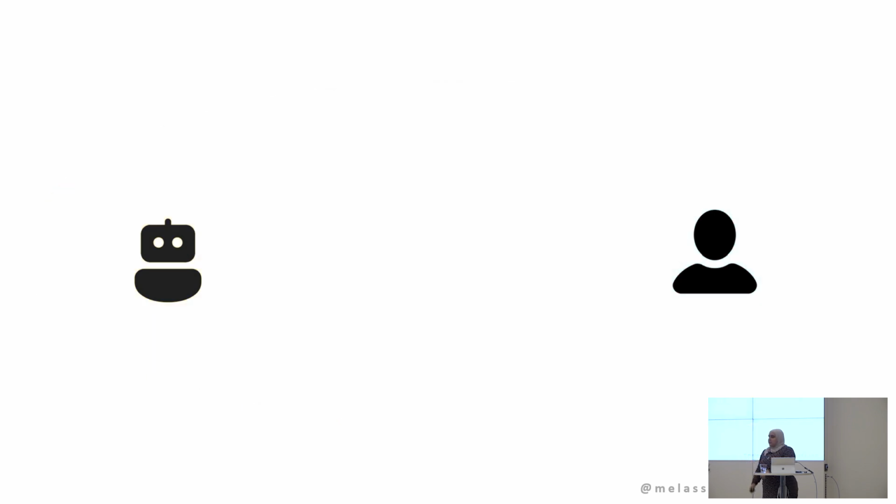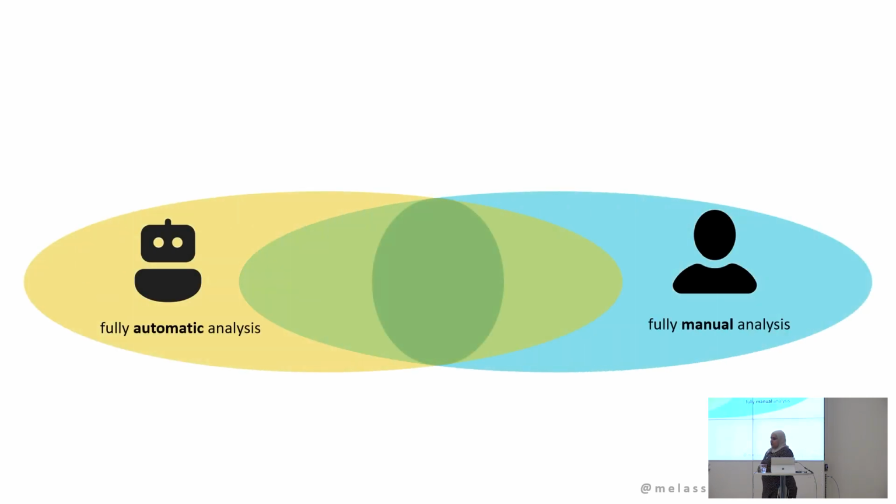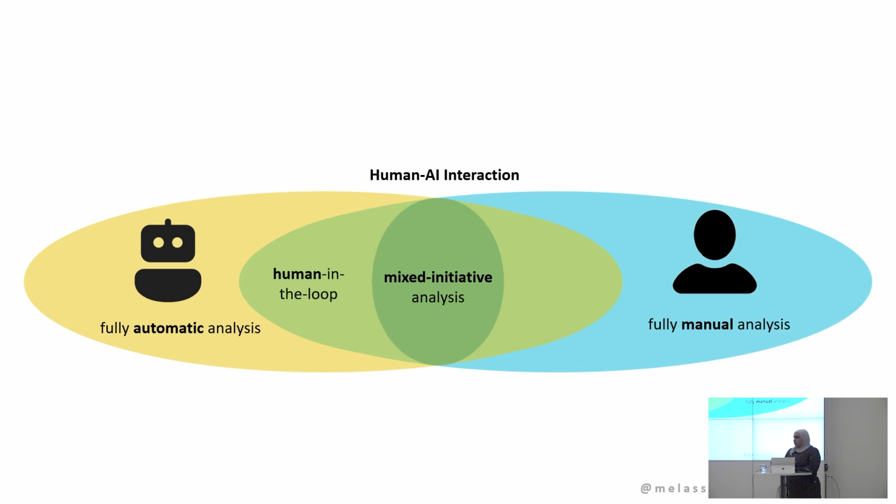For every single problem that you imagine nowadays in your own work, you might have tasks where you still want to do them completely manually. You might have other tasks where you want to automate the entire thing because you've realized that AI is much more efficient. But you will have some problems where you want a mixed initiative between these two agents: some where you want full automation but ask the human when you need them, human in the loop, and others where you want fully manual analysis and ask the AI when you need it, or the AI in the loop.